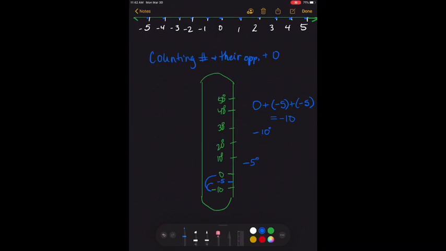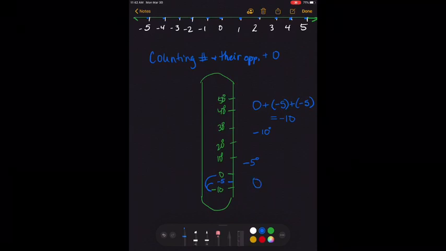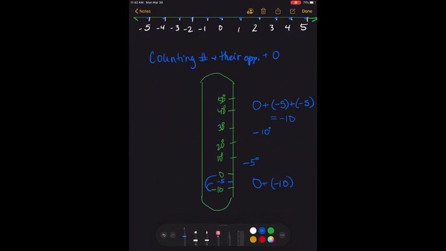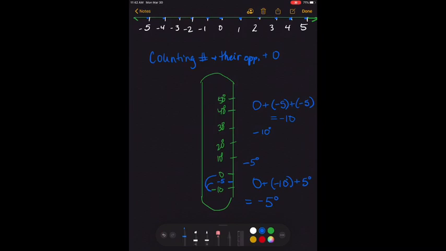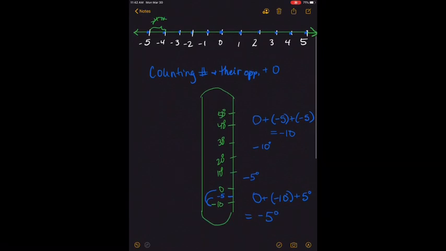Now, how could we write that out as an equation? Well, it started at 0, then it went down 10 degrees, and then it went in the positive direction 5 degrees because it went up. So anytime temperature goes down, it's in the negative direction. Anytime it goes up, it's in the positive direction. So the result would equal -5 degrees. So by this example, we can see that when we have a negative number,